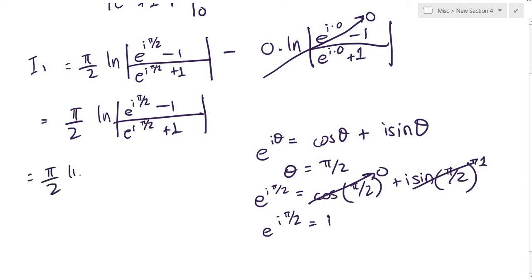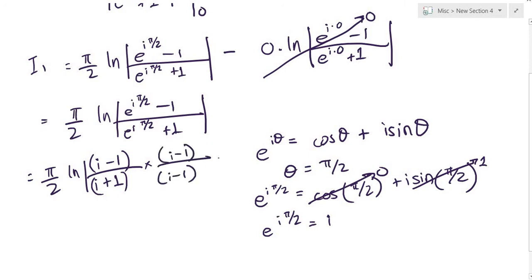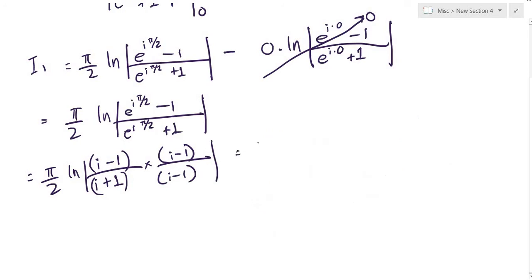So we have pi over 2 times the natural log of, instead of this thing, we have i minus 1 divided by i plus 1. But let's convert this into a single imaginary number. We don't like this imaginary number in the denominator. So why don't I multiply and divide by the conjugate of the denominator, that's i minus 1, and then i minus 1 here as well. So that's directly equal to pi over 2 times the natural log of,